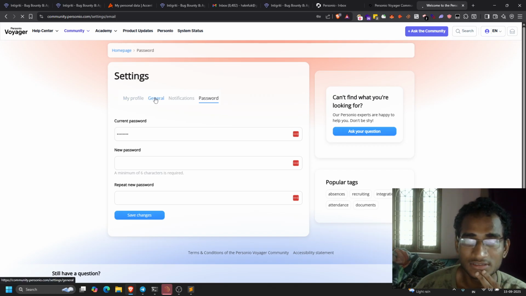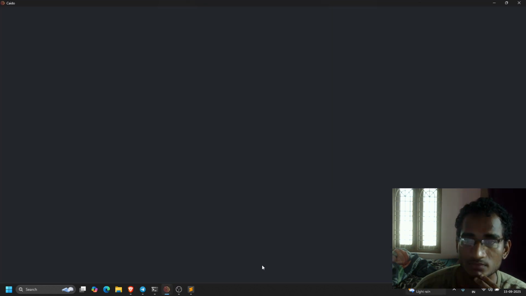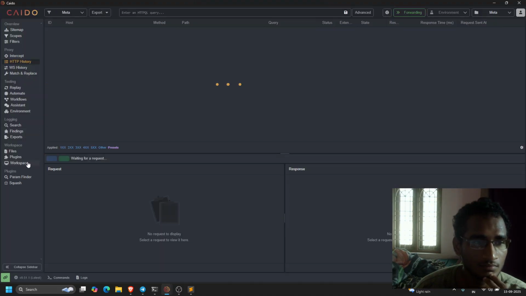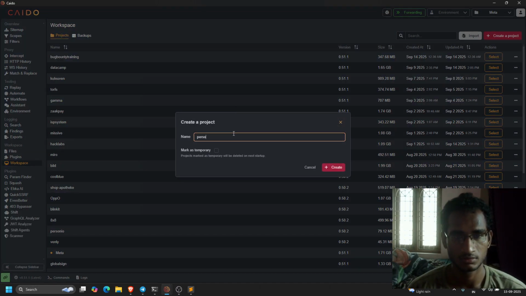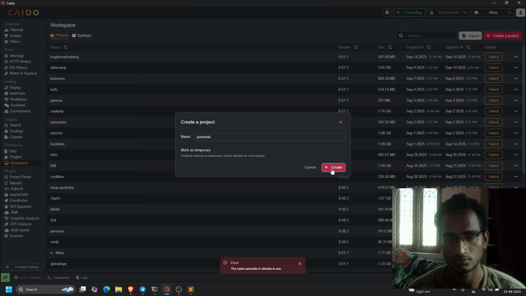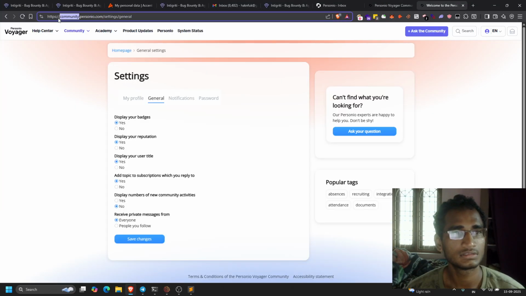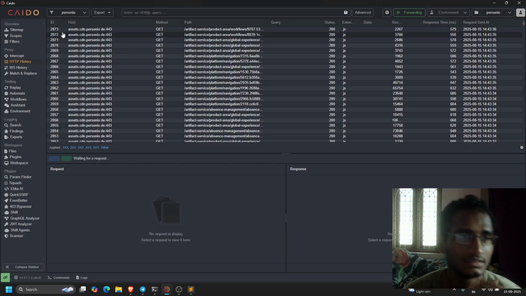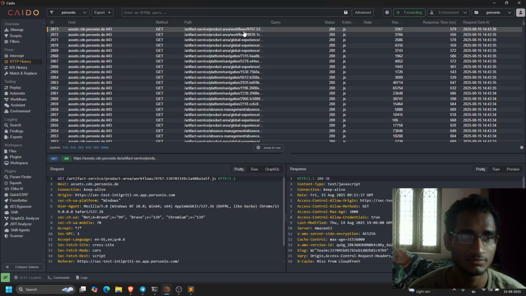So these are the features. General. Let's start Caido. Let's create. The persona already exists. Let's add that to the scope so we can see. Okay, let's remove the .js